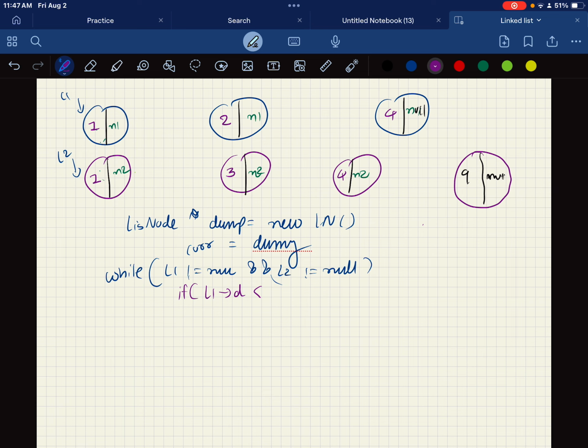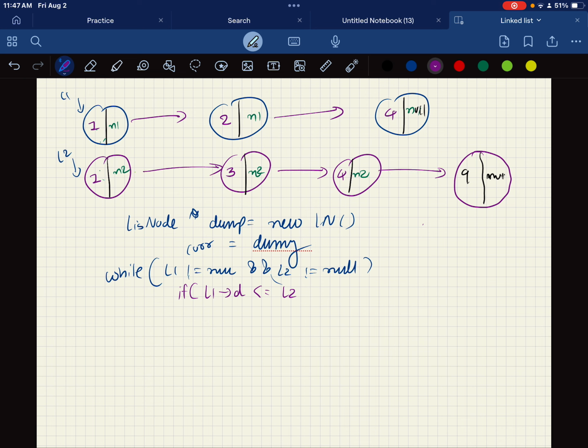So now, while L1 is not nil and L2 is not nil, we are going to check if our L1 data is less than or equal to L2 data, right? Oh yeah, I forgot the link in the linked list. Okay, so I know that L1 data is less than or equal to L2 data. Makes sense? Yeah, because 1 is less than or equal to 1. What we are going to do is,